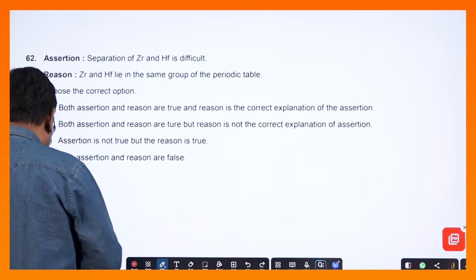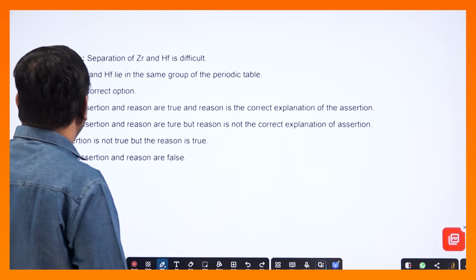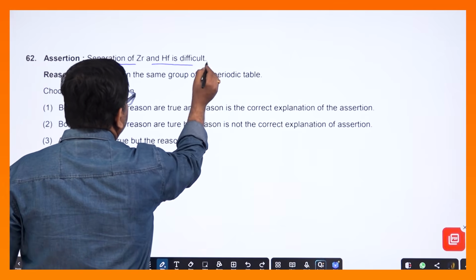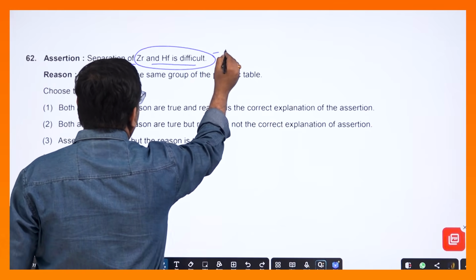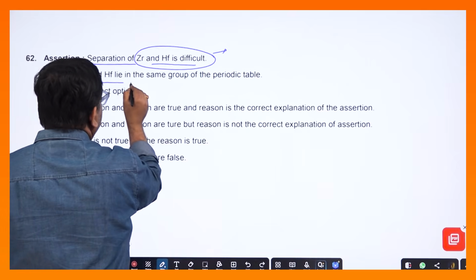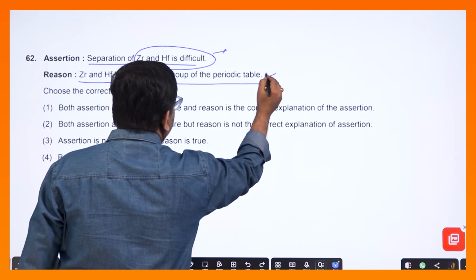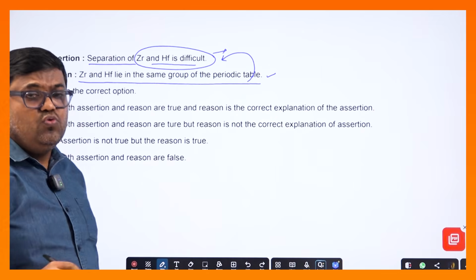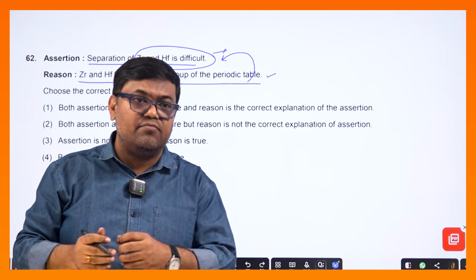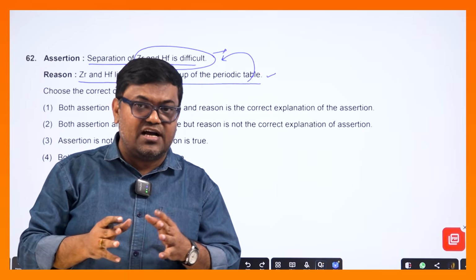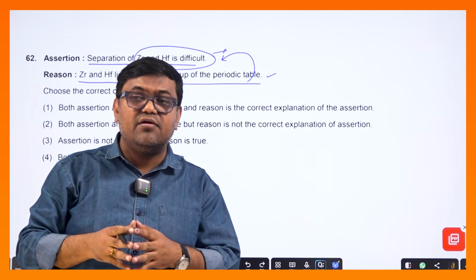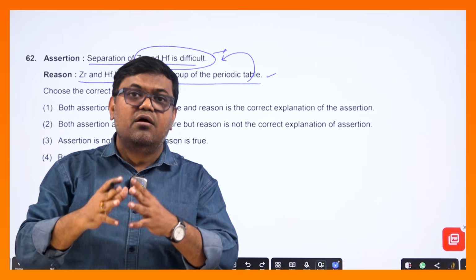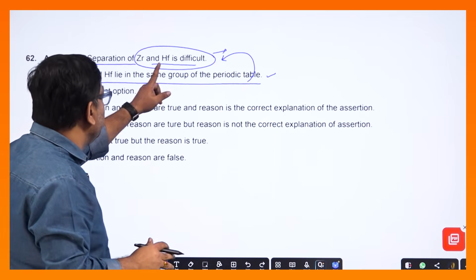এবার নেক্সট কোশ্চেনে আসছি, কোশ্চেন নাম্বার 17। Assertion: separation of Zr and Hf is difficult, একদম ঠিক, difficult। Zr, Hf lie in the same group in the periodic table, এটাও ঠিক, কিন্তু এটা কিন্তু এর কারেক্ট এক্সপ্লেনেশন না। কারেক্ট এক্সপ্লেনেশন কী, যেহেতু এদের রেডিয়াস প্রায় ক্লোজ টু সেম, মানে 160, 159 এর মধ্যে রেডিয়াসের কাছাকাছি, তাই এদের কেমিক্যাল প্রপার্টিও সেম হয়, ক্লোজ টু সেম হয়, তাই এদের প্রিপারেশন করা ডিফিকাল্ট হয়। তাহলে এটাও কারেক্ট, এটাও কারেক্ট, কিন্তু